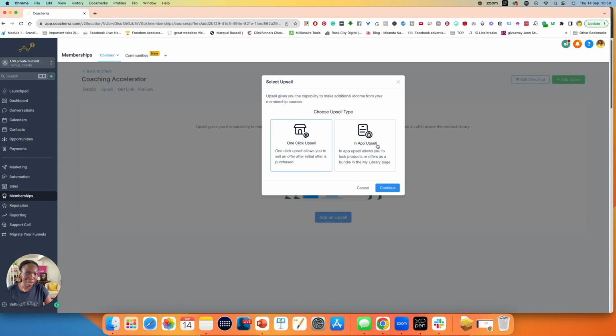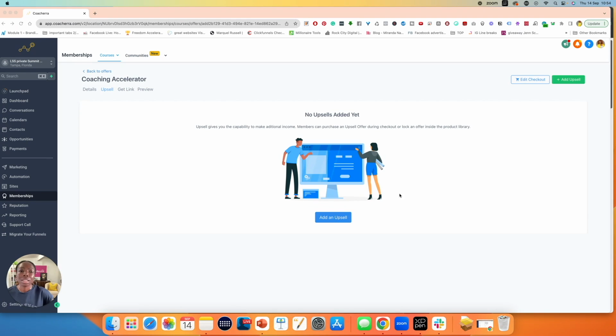This is an in-app upsell, slightly different. In-app upsell allows you to lock products or offers as a bundle in the My Library page. So this is a little bit different, a little bit advanced. I prefer the one-click upsell. You can select that, click on continue. So to actually add an upsell,